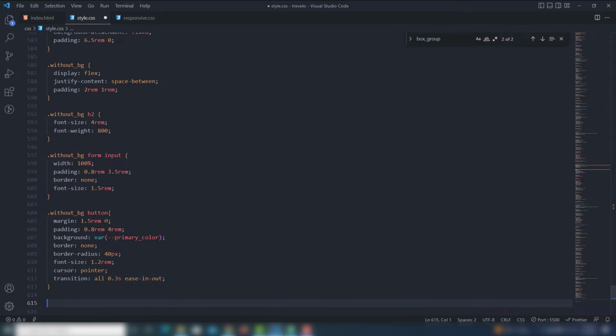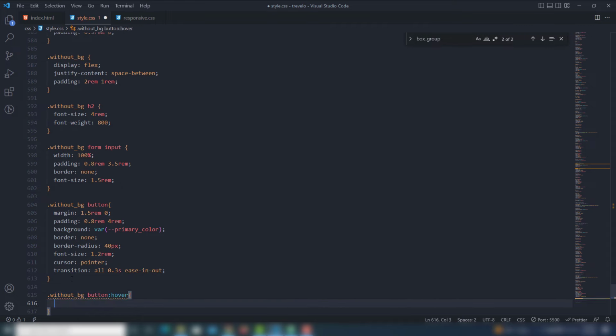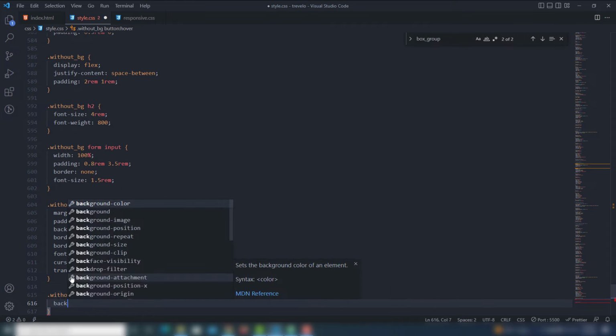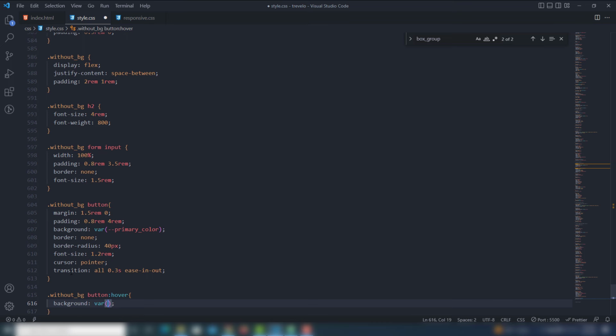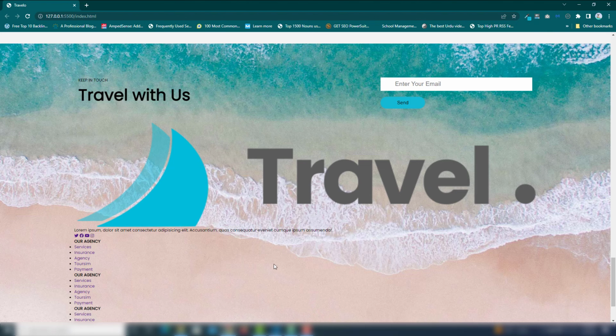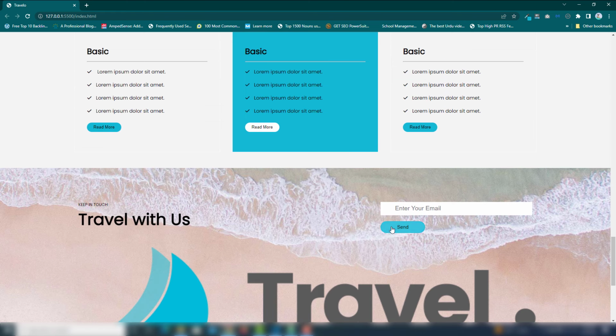Last thing I'm going to add will be the hover effect, so select that, and I'm going to use background white. So let's see. Right,